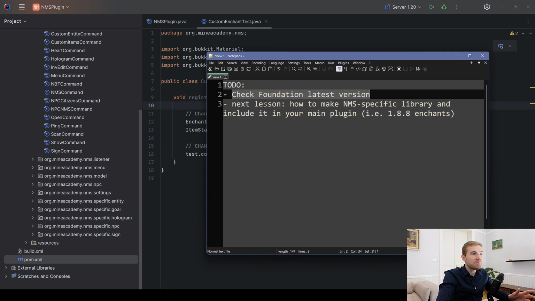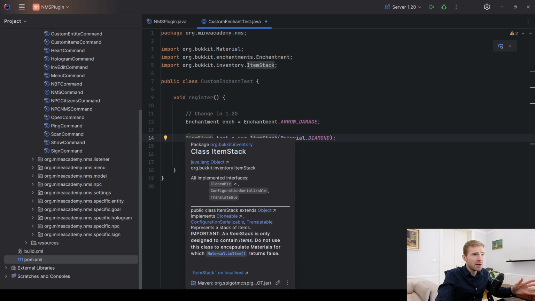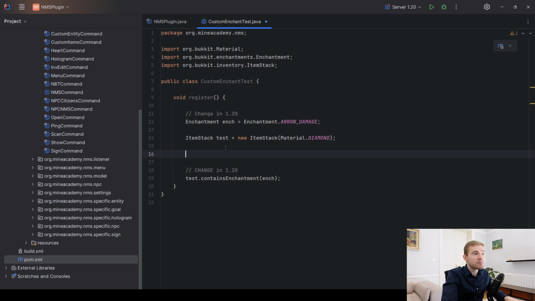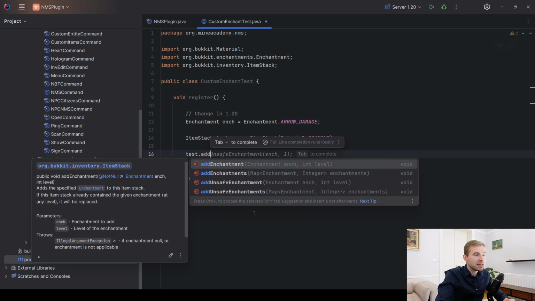All right, so as I promised, for complete beginners, if you do want to add enchantments to any vanilla item in Bukkit, by this point you should know how to make a custom item because I already covered that. So basically, you just create a new ItemStack and give it a nice material, right? Now, if you want to add a custom enchantment, you can either call addEnchantment, but I do recommend